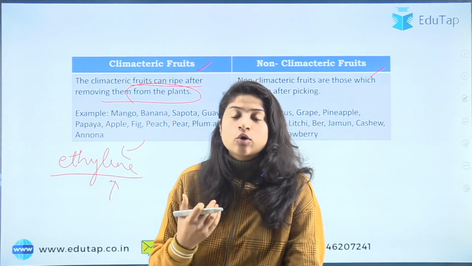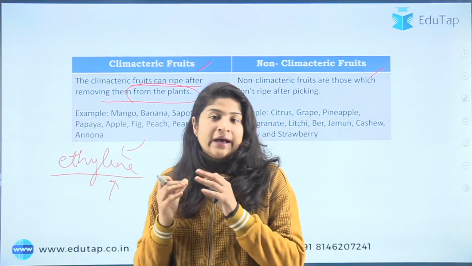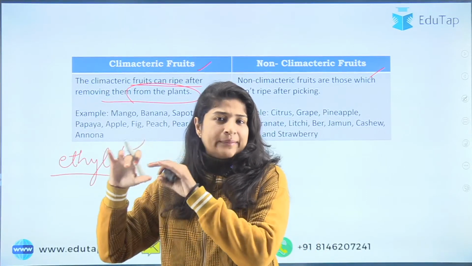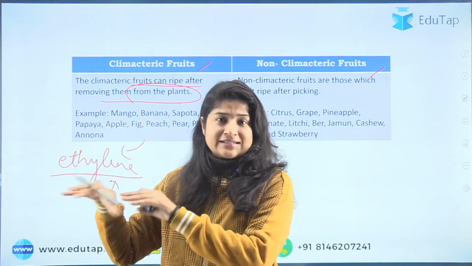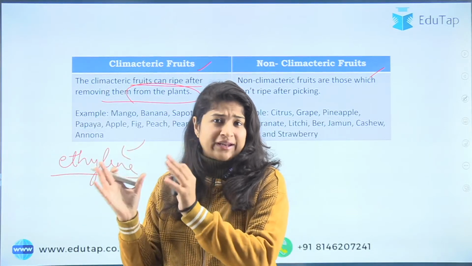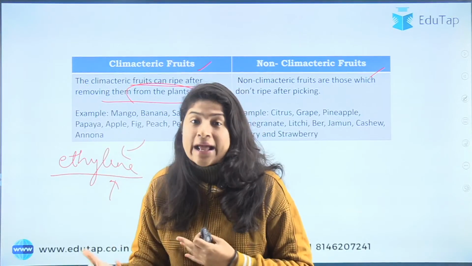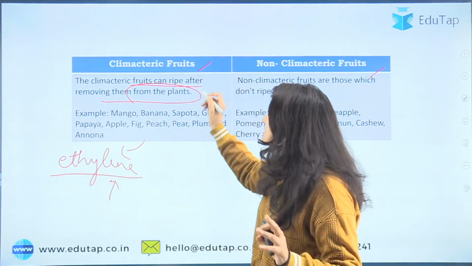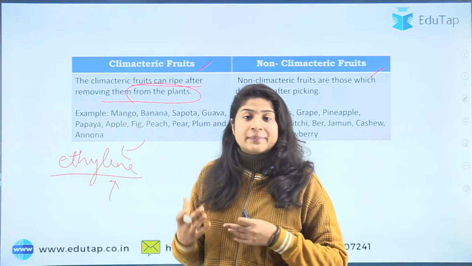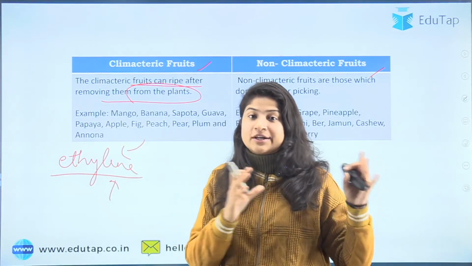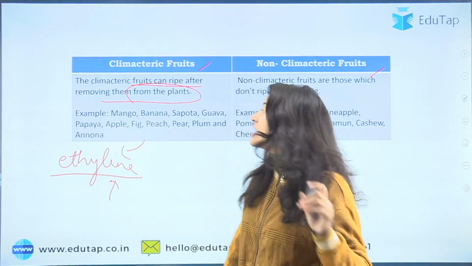What we usually do, we cover it in paper, and most people then keep it in a container where rice flour is there, right? Or they just keep it somewhere else warm, and after a few days we observe that it has now ripened, right? So climacteric fruits are such fruits which can be ripened after they are harvested or removed from the plants,